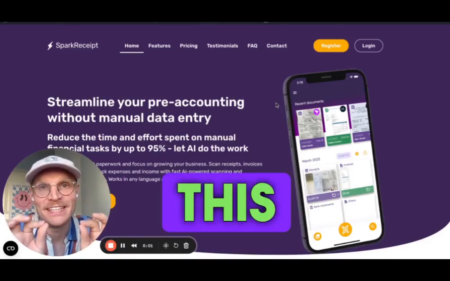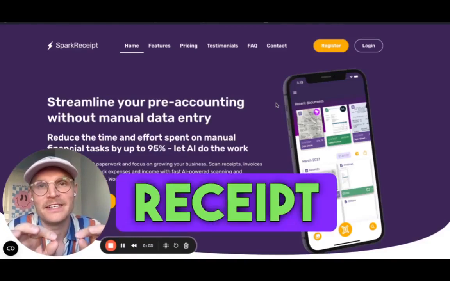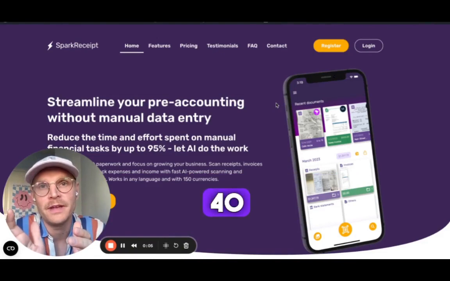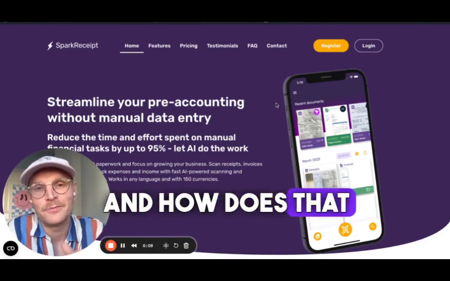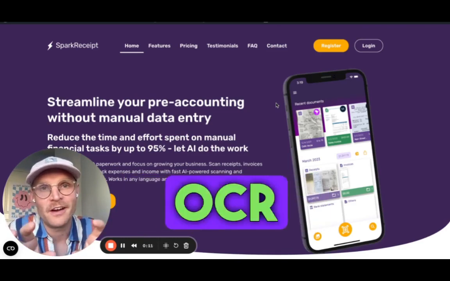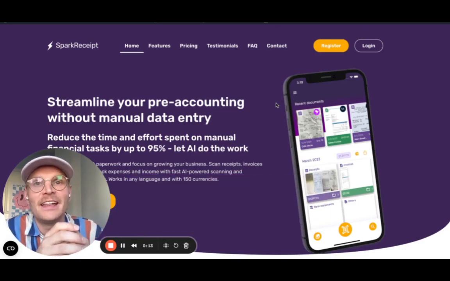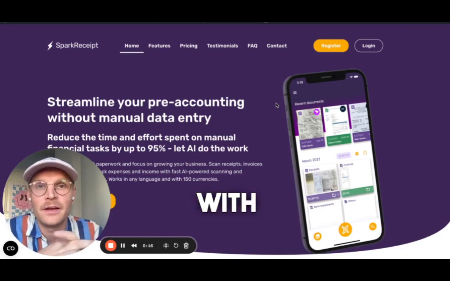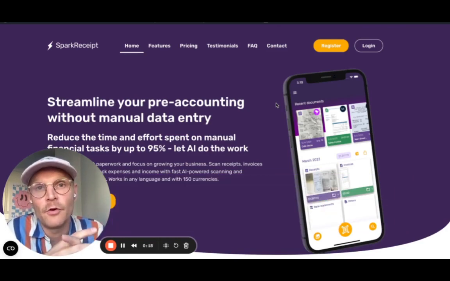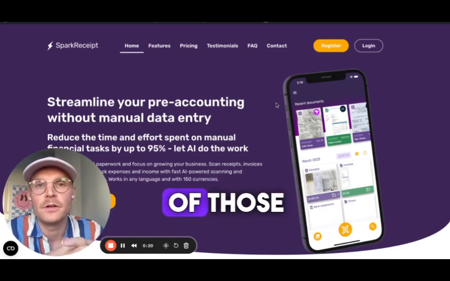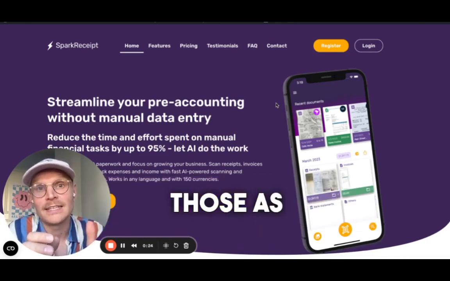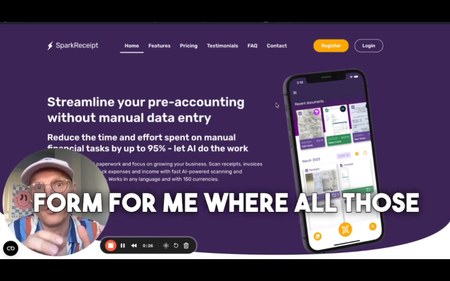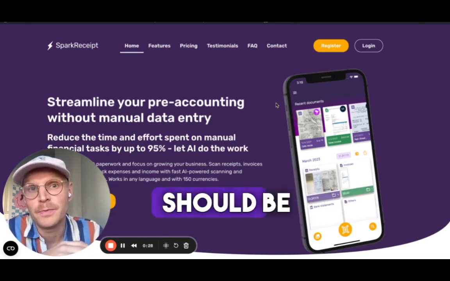I'm excited about this test. I'm using SparkReceipt to convert 40 PDF files into Excel. And how does that work? SparkReceipt OCRs my PDF files, and then the integration with OpenAI ChatGPT forms a summary of those PDF files, and then I'm going to download those as an Excel file for me, where all those PDF files should be linked